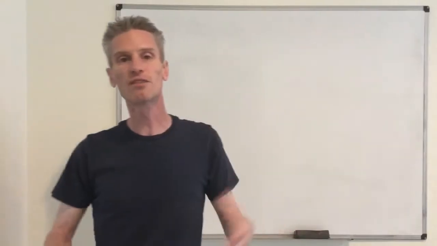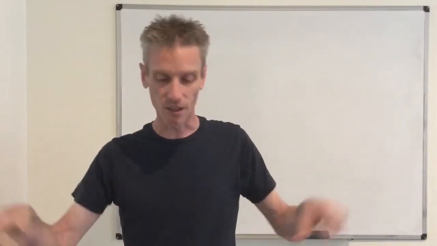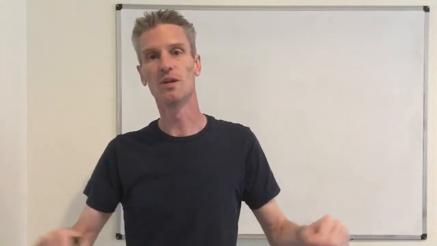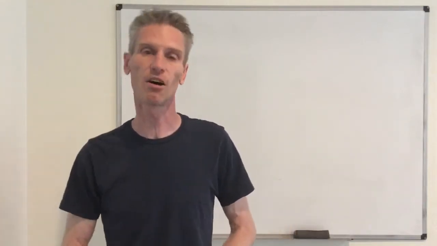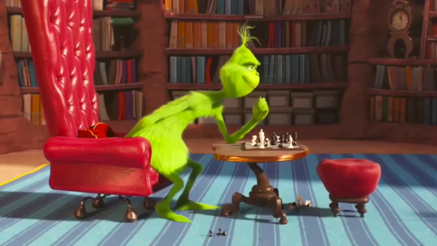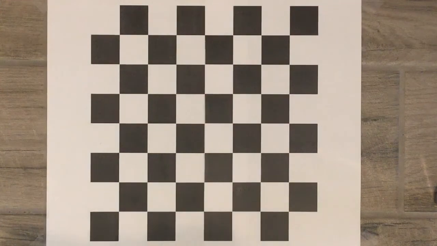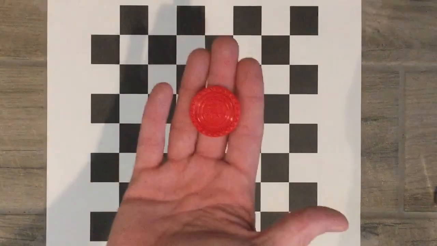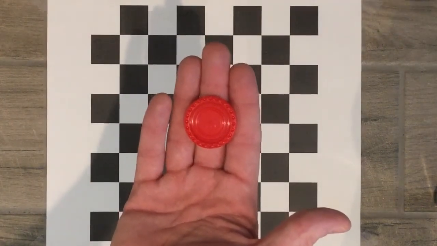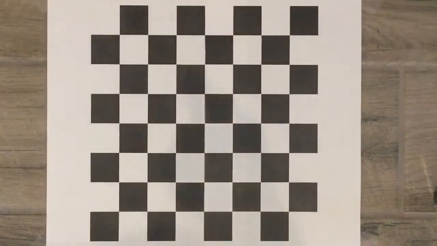To solve the problem, instead of only writing equations, I'm going to use a little chessboard, and we are going to try to put those pieces on the chessboard. So let's go to the chessboard now. Here is our chessboard, and I'm going to use those red pieces from another game called Connect 4 to play the role of the rooks.